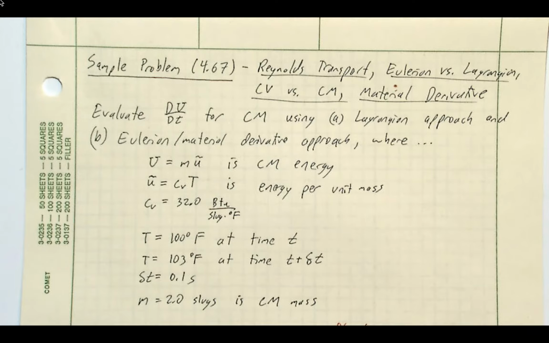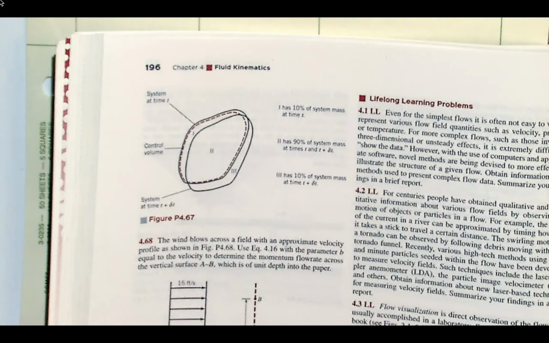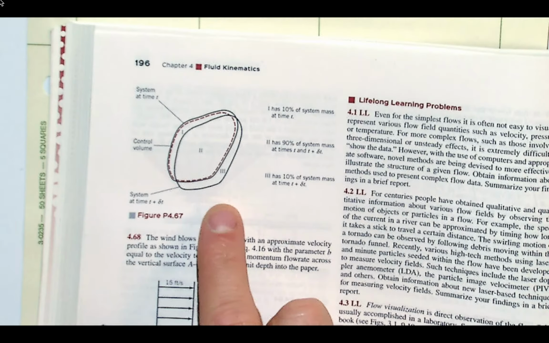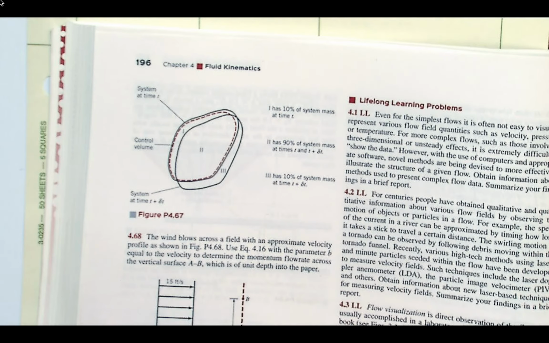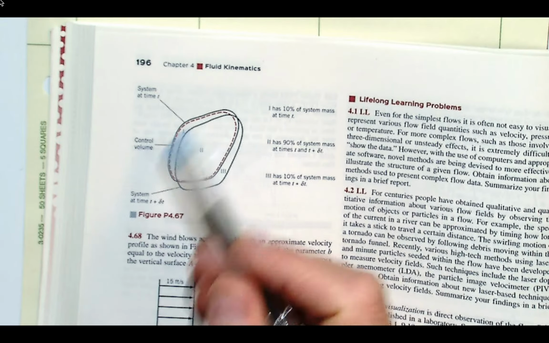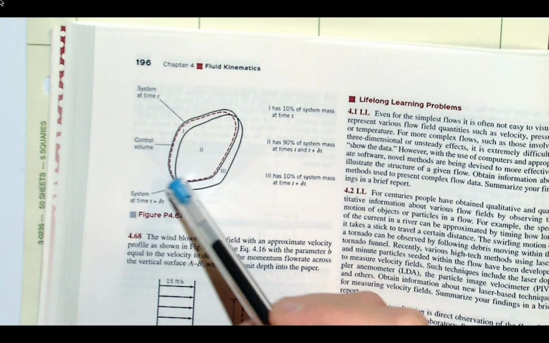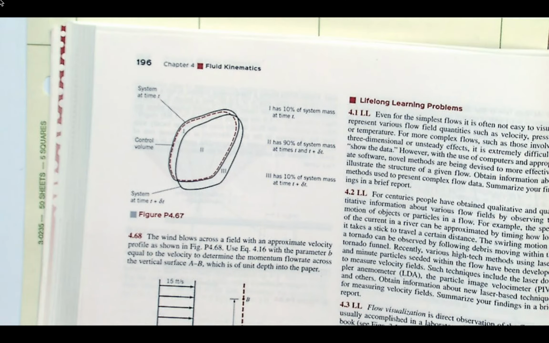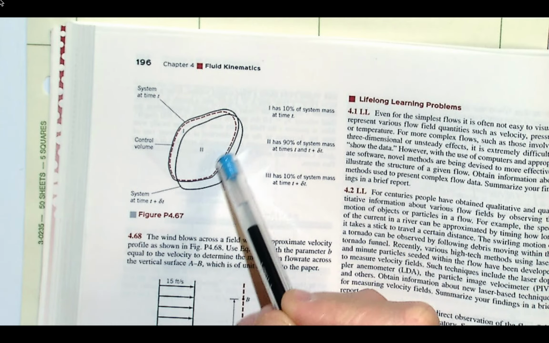So it's 4.67 in your book, which has this picture. So this is a 2D system. It's really flow in 2D, and the words are on the previous page, the description of the system. But we have this blob at some initial time t, and then we'll